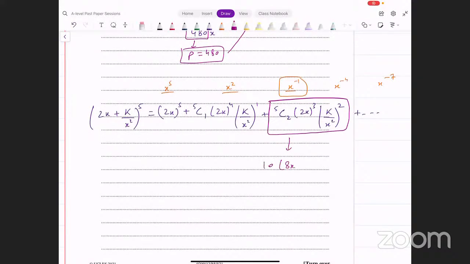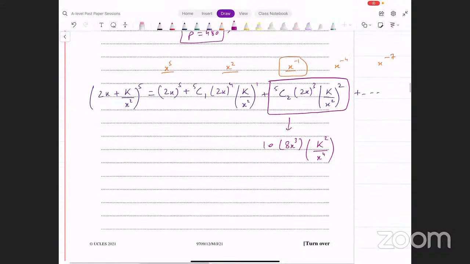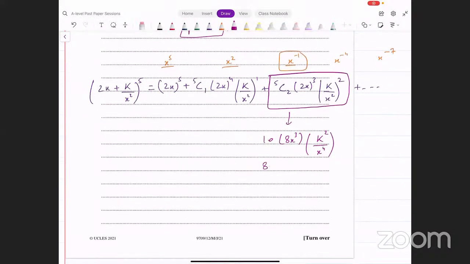2x whole cube, that's 8x cube. And then you've got k square over x raised to power 4. And what does that give us? That gives us 80 k square into 1 over x. This is the coefficient that we've got for